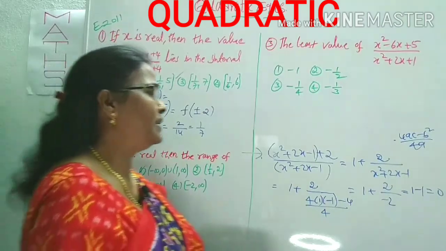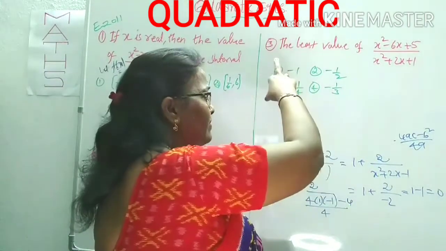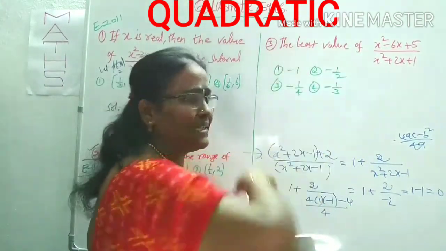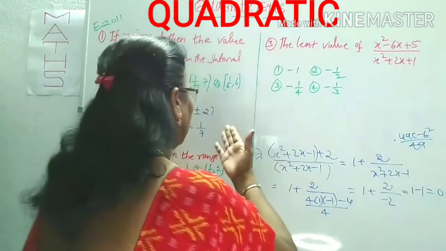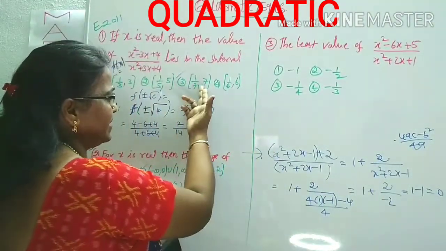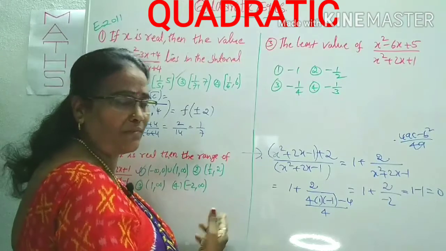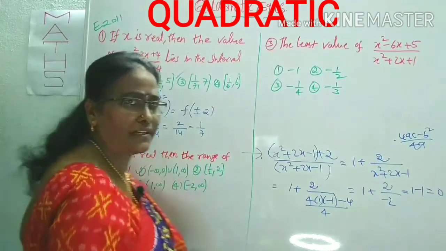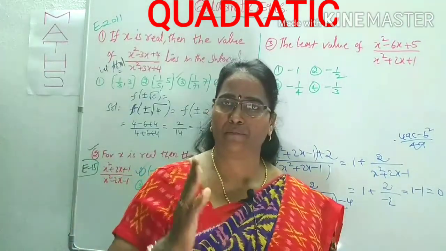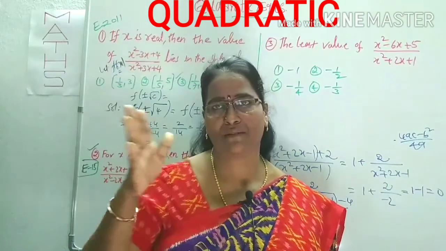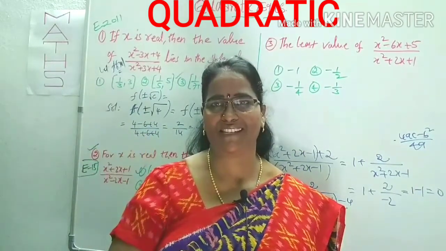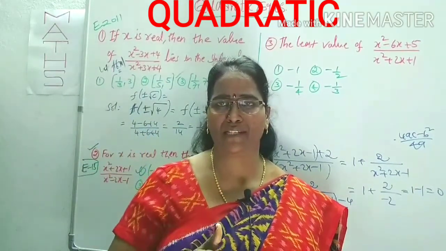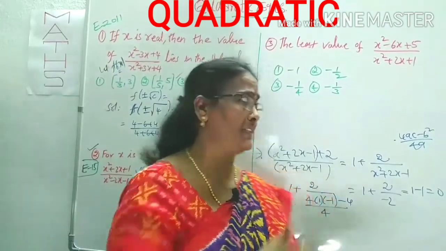Okay, now come to the next one. In this one, the expression is given, and he is asking for the least value. In here, what is the least value? 1 by 7 is the least value, 7 is the highest value, the maximum value. Like that we have to recognize the least value. In the range, the first value is the least value, the next value is the highest value. Indirectly the range only is being asked, but the least value, how can you find it for this expression?